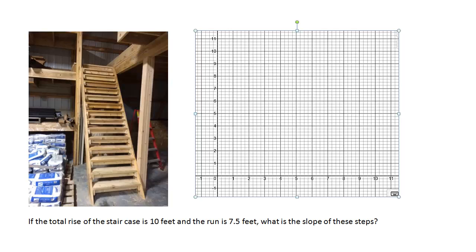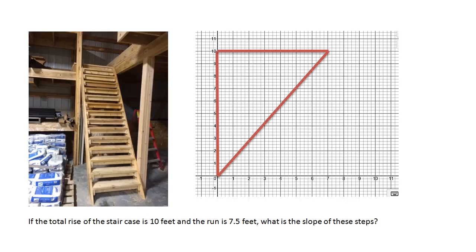Let's talk about how slope is graphed. We have a staircase that rises a total of 10 feet and runs a total of 7.5 feet, and we're asked to find the slope of these steps. So we defined slope as the rise over the run. The rise was 10 feet, the run was 7.5,